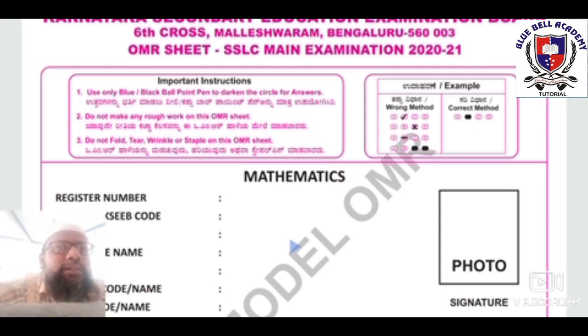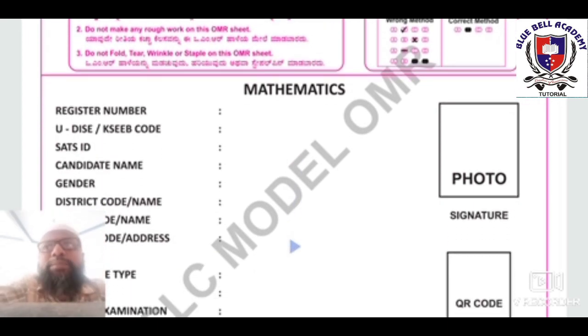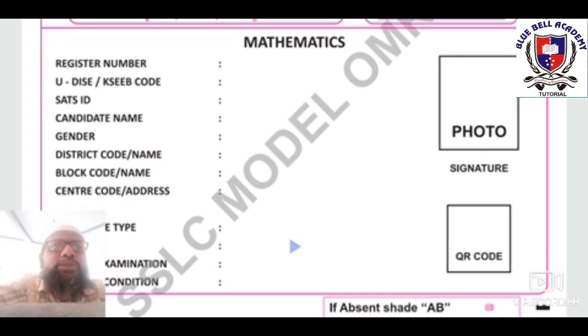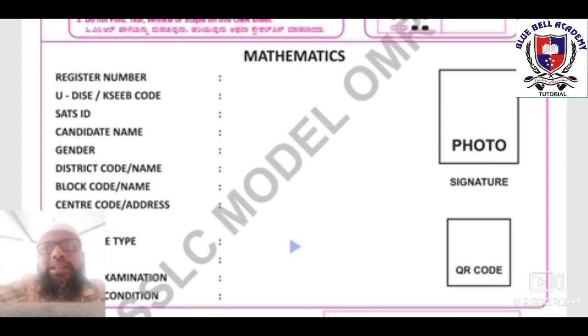The reason behind this, and one of the most important things, is the method of filling. An example is given in the right corner showing how to fill this optical form. By making the exact mark, on the right side options A, B, C are given, and you have to mark with the circle, no other marks. We have 12 instructions for the students on every sheet. There are 3 sheets: a pink sheet for mathematics, an orange sheet for science, and a green sheet for SST, that is social studies or social science.